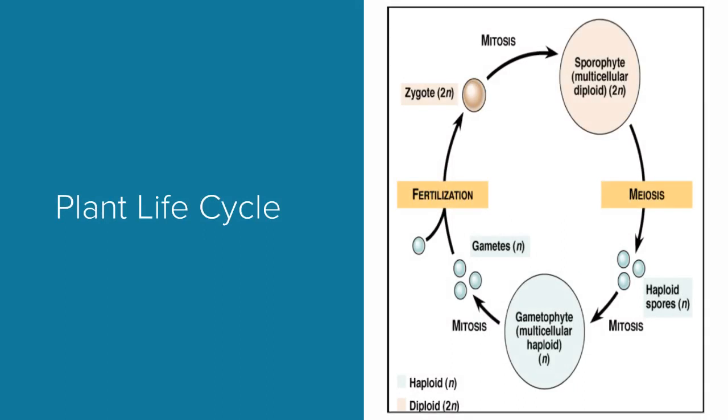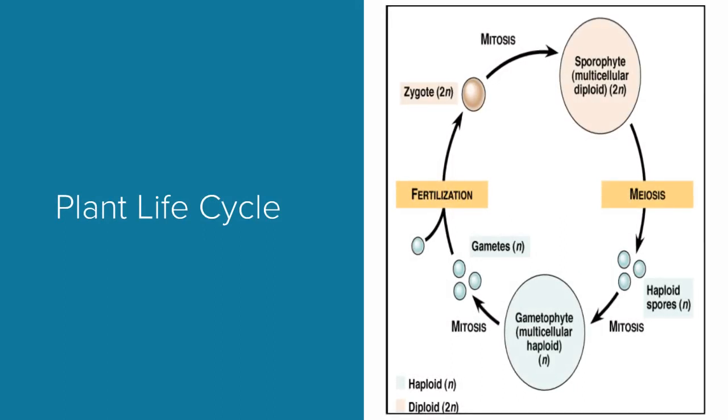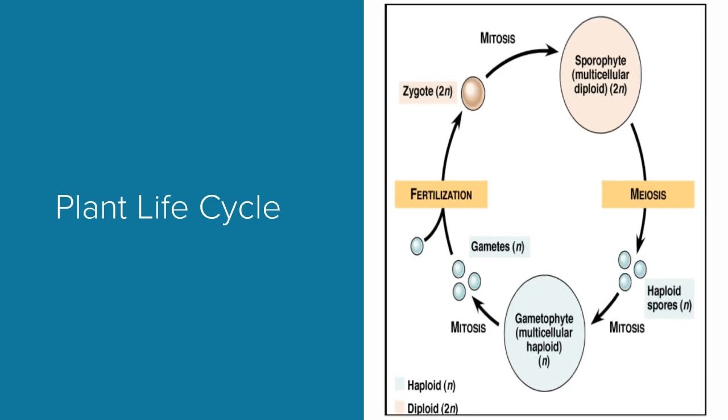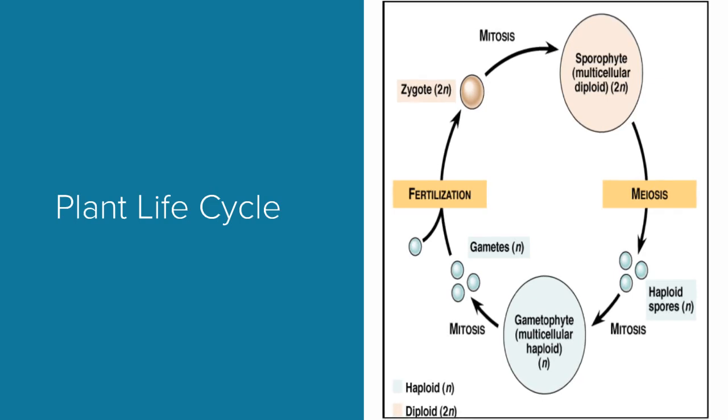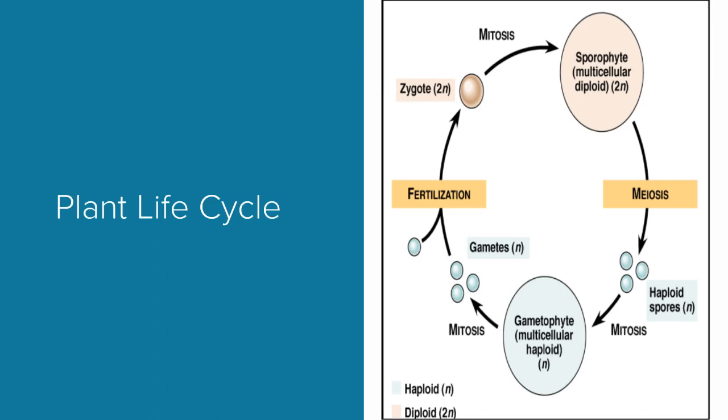The diagram to the right shows the alternation of generations of the plant life cycle. So if we start up top at the sporophyte generation, that undergoes meiosis to produce haploid spores, which develop into the gametophyte generation. And that generation undergoes mitosis to produce gametes. And when those gametes fuse together, they make a 2n zygote, which then develops again into the sporophyte generation, and